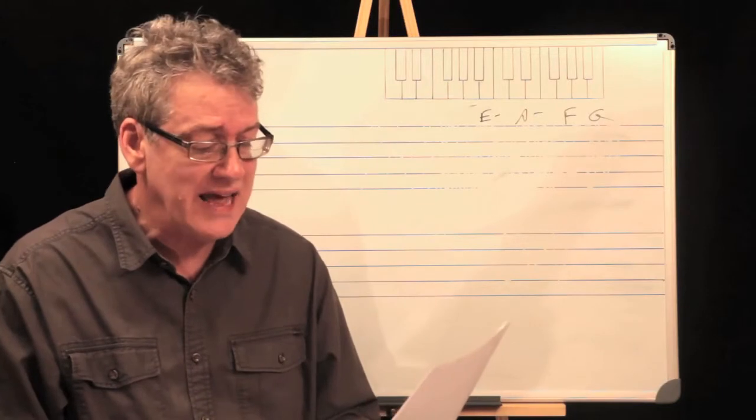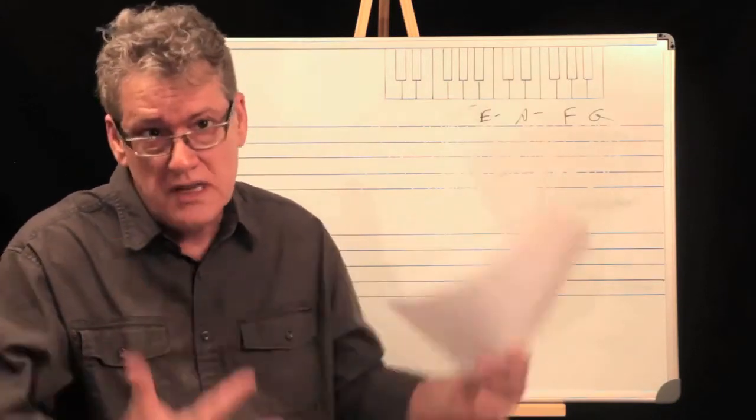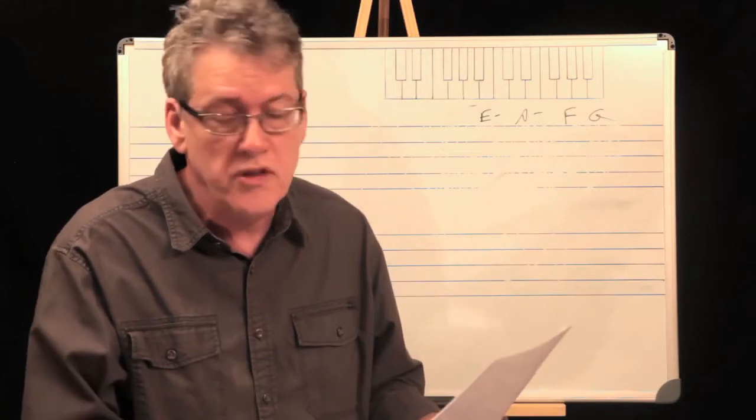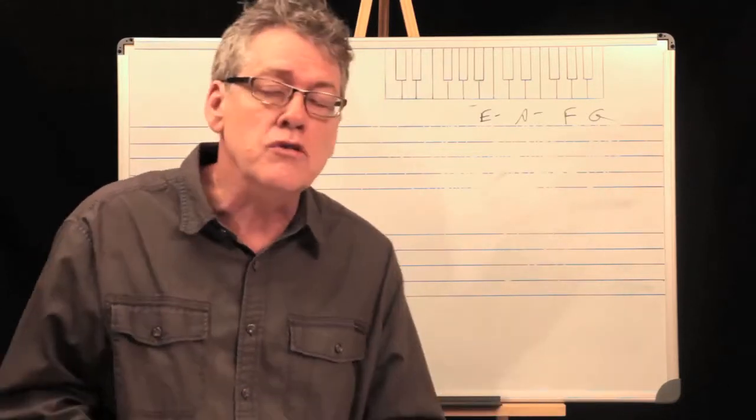I don't think like that. I just see the chord, and I'm so used to seeing the chord. It's second nature for me to know where the plus 11 is. What I use in this case